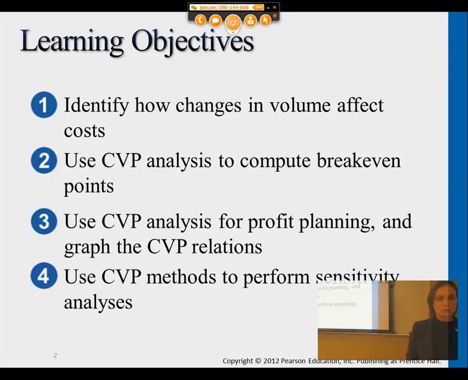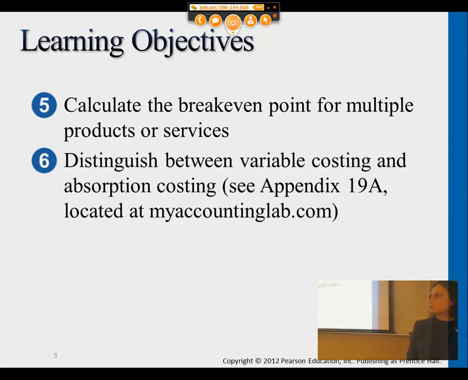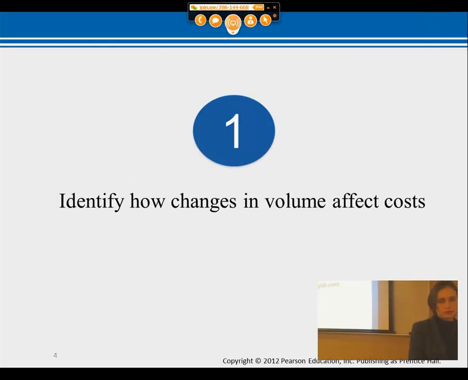So today, hopefully, we'll do the first 2. All right, well, with the delay, I'm not sure, but we'll try. Fifth one, we'll calculate the break-even point for multiple products and services, and then we'll distinguish between variable cost and the absorption costing. Okay? So pay attention, this is something that's discussed also in my accounting lab. Okay? All right, so let's start with